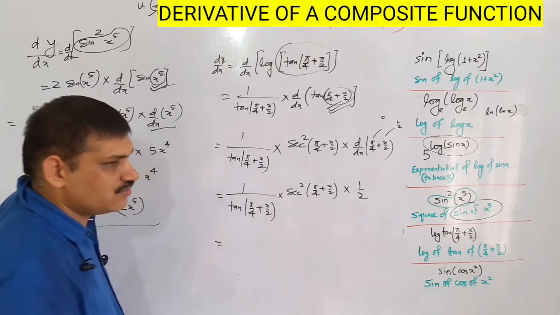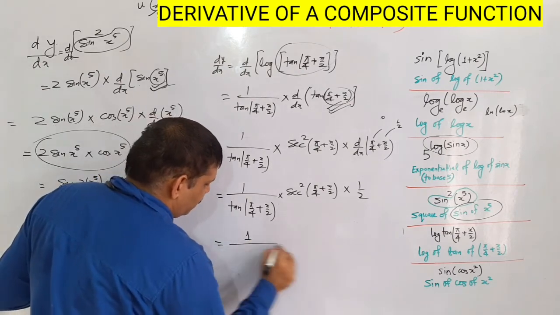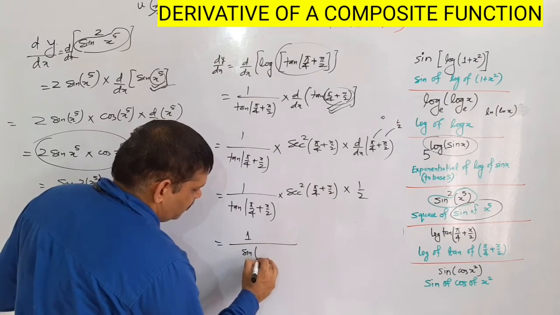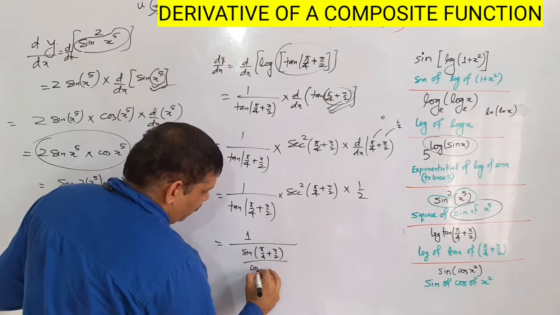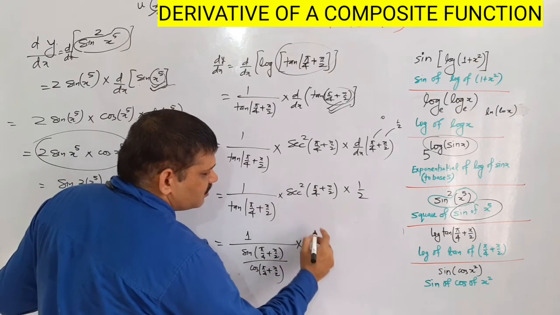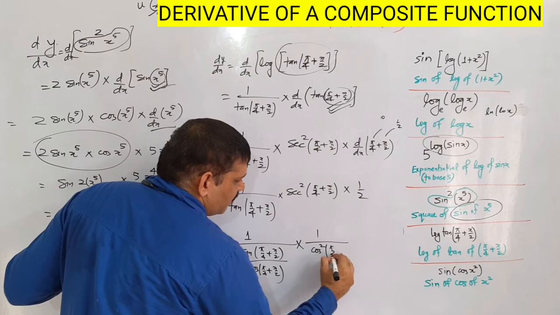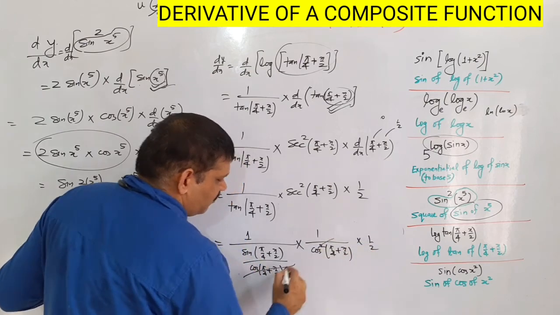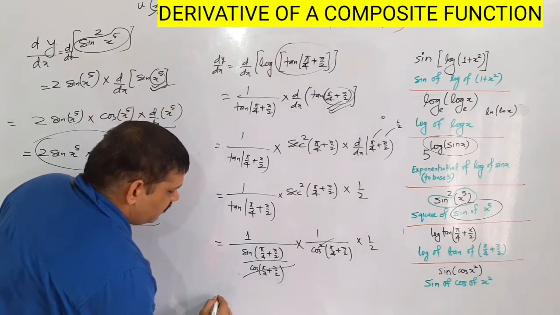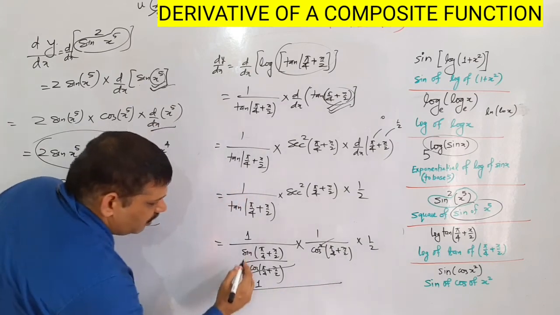Finally, changing all the terms in terms of sine and cos, what we get is 1 upon tan, which will be written as sine theta upon cos theta, that is sine of (pi by 4 plus x by 2) upon cos of (pi by 4 plus x by 2), multiplied by sec square, which is 1 upon cos square theta, 1 upon cos square of (pi by 4 plus x by 2), into 1 by 2. Now this power of 1 is cancelled. In the numerator we have only 1, 1 into 1 into 1 is 1, and in the denominator we have 2